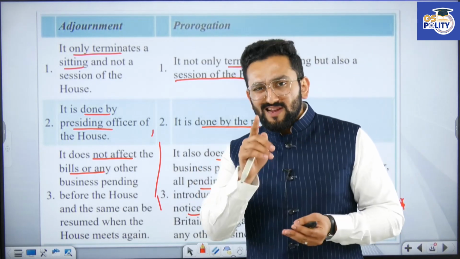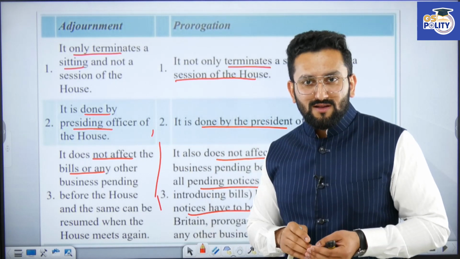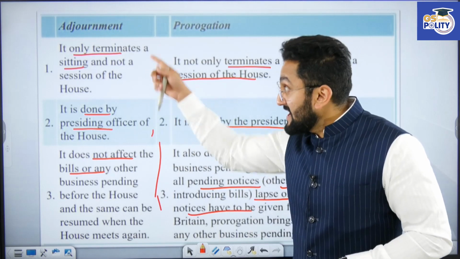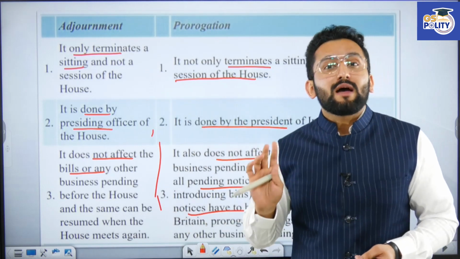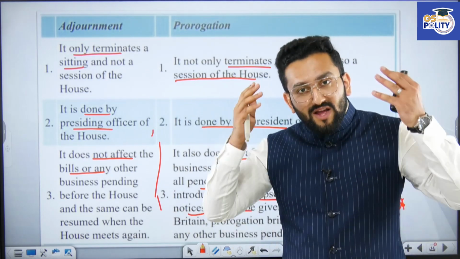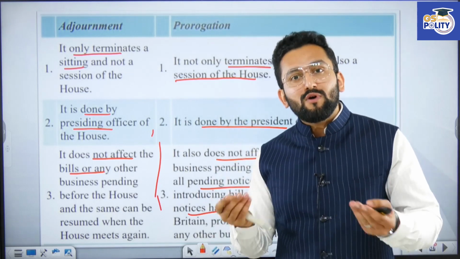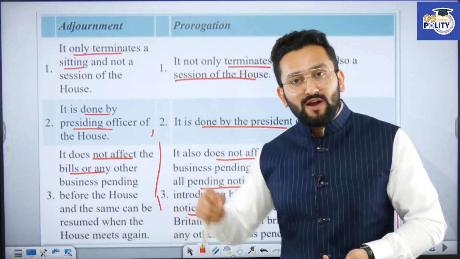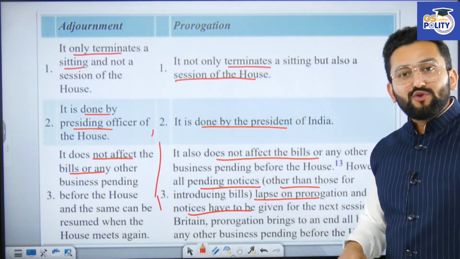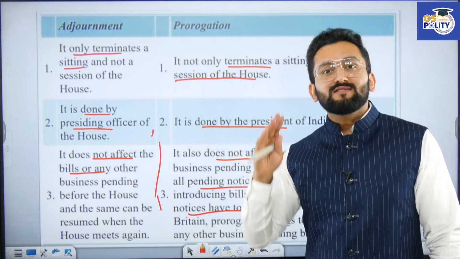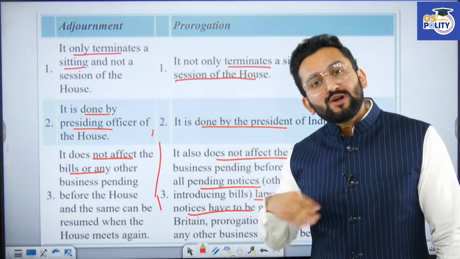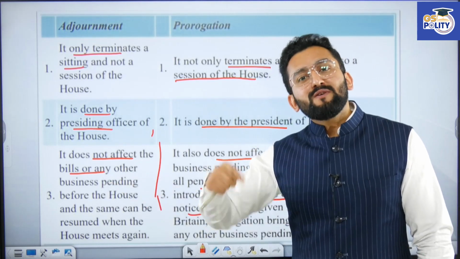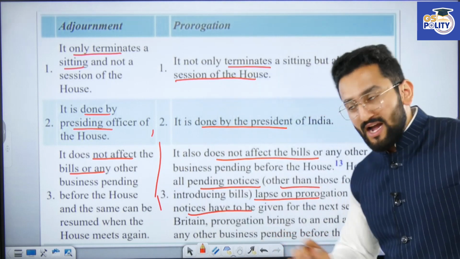Then the speaker would say, just read the rule book of the Indian Parliament, then you should consider yourself worthy of sitting here. Because in adjournment, notices do not lapse. Otherwise, it would be a hassle to give you notices again and again. There are so many adjournments, for 1 hour, 2 hours, 5 days or 6 days. But when it comes to prorogation, since the session ends, now again there will be a summoning. So in this case, notices lapse. When the next session happens, fresh notices will be released for you. Okay, I think it is clear now.